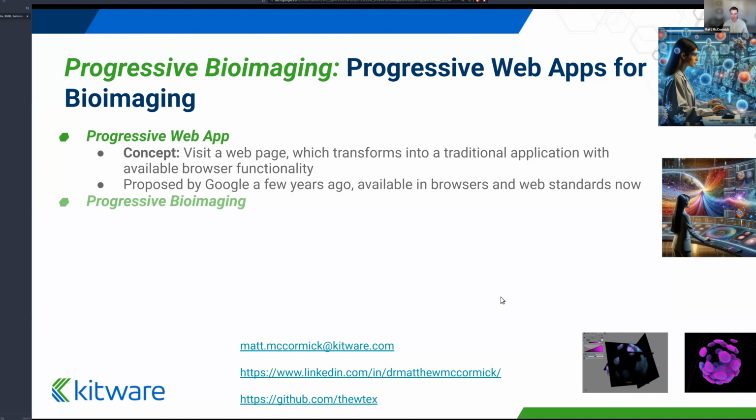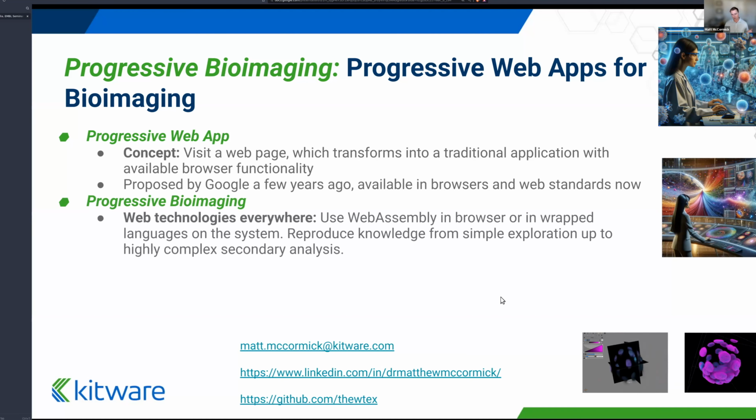And that has been shown to be powerful and effective practice way of doing computing. And how do we do that specifically when we're looking at bioimaging? Well, these technologies like WebAssembly that everyone pointed out is extremely important. And it's important for doing this computing not only in the browser, but also on the system, and giving people the opportunity to get a lot of value out of your data from simple interactions and exploration all the way down to